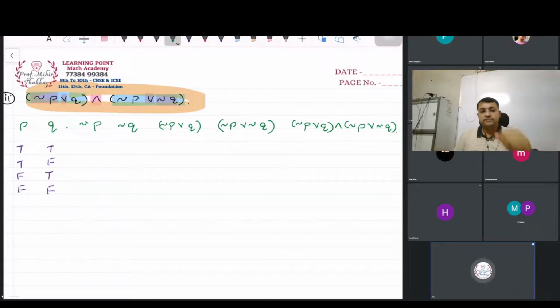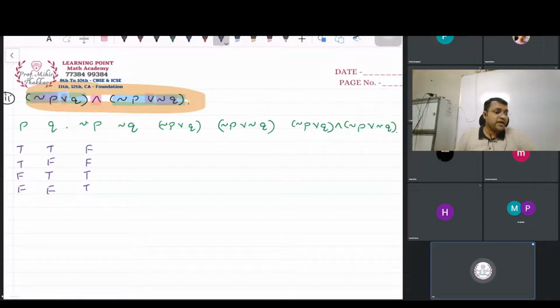As I told you in the very beginning, negation is just interchanging of T and F. So in the P column, wherever you are having truth value T, I will write down it as F. If the P column has a truth value of F, I will write down the answer as T. So the first two values, they will become F. The next two values, they will become T. This was about the negation of P.